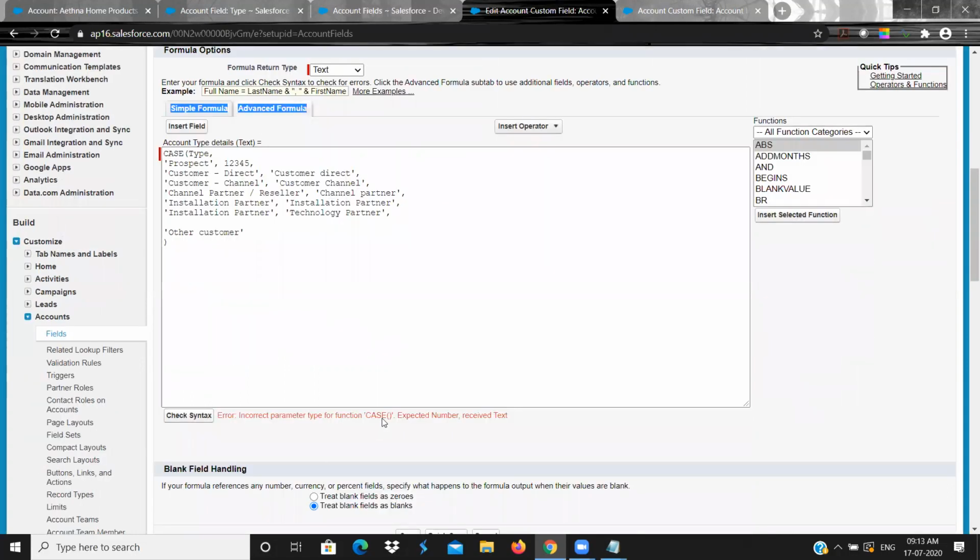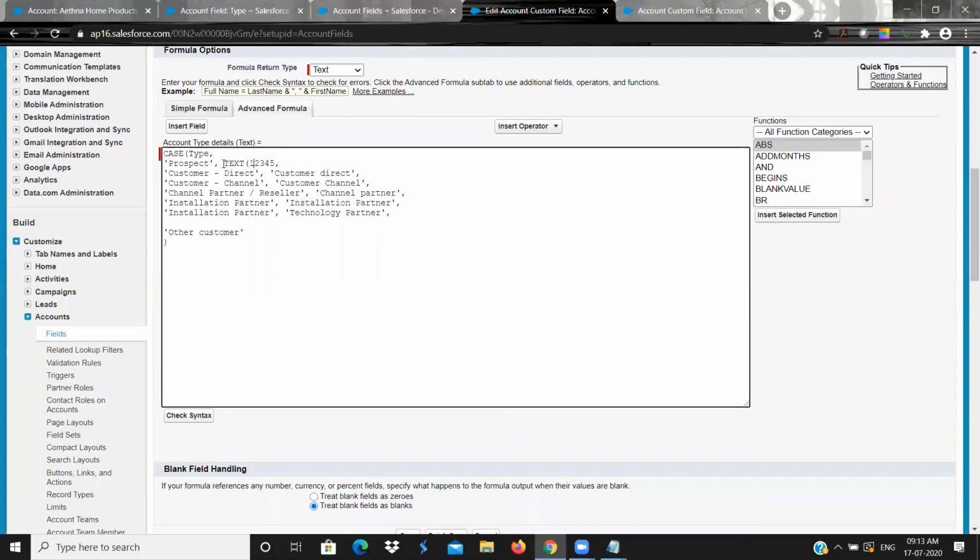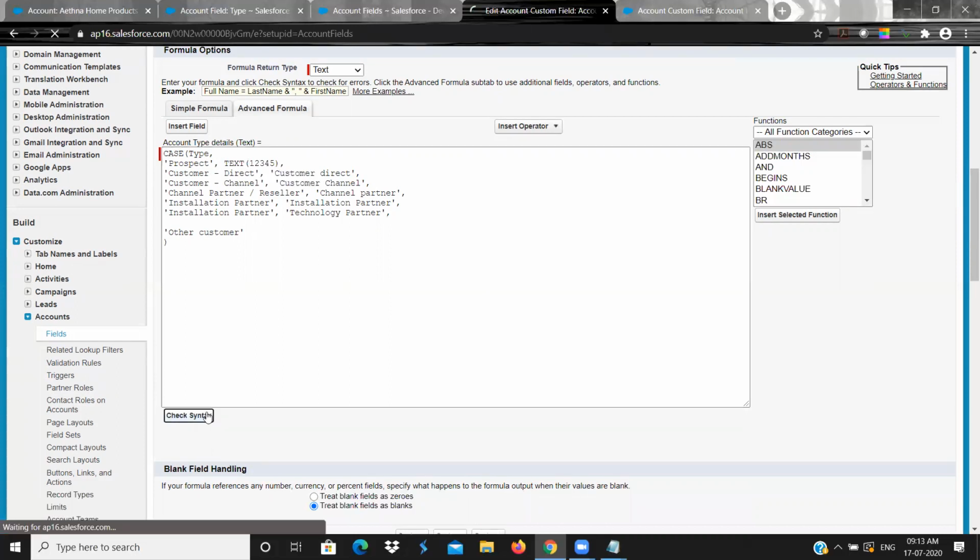See, case expected. What it says is a number is coming, but what you want is text. So the type is incorrect. In that case, you will put the text of this one. Text of this function. Now if you check the syntax,